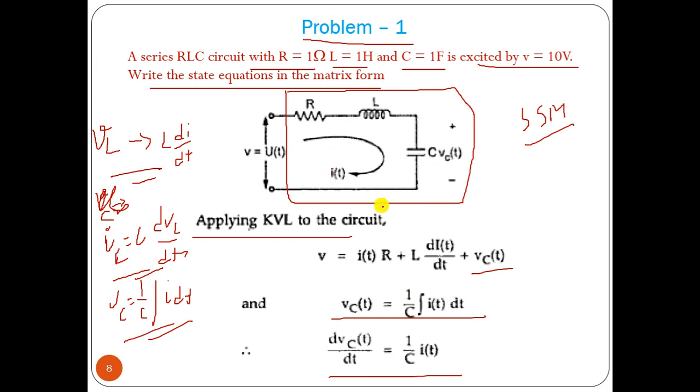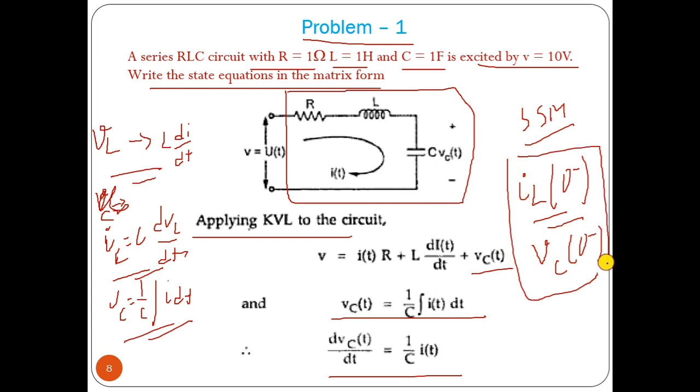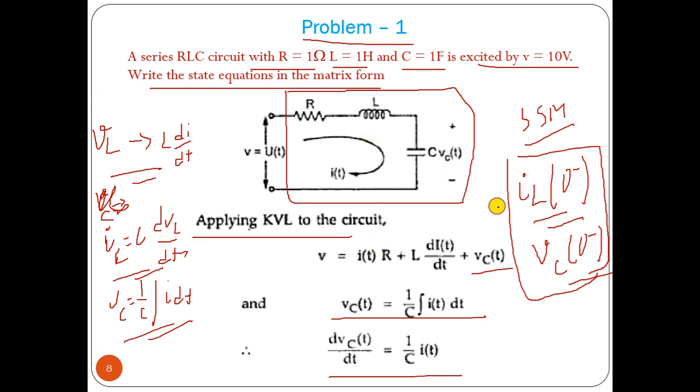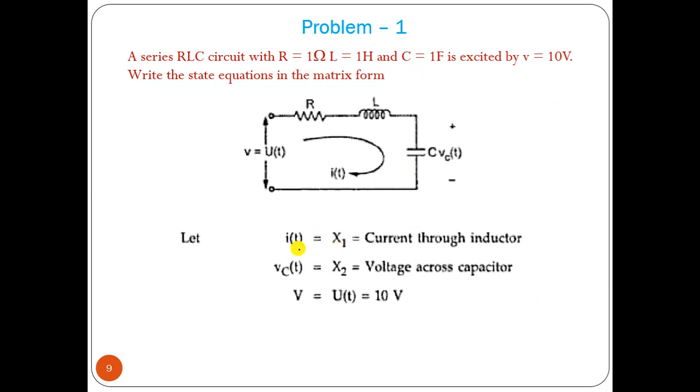Now in this particular circuit, we have the inductor current IL, which can have an initial condition value IL(0-), and VC, the voltage of the capacitor, can have some initial value. So this circuit can be a linear one, or can be non-linear. If the initial conditions are equal to 0, then linear. If we have initial values, then it becomes non-linear. So we can find out its state space model and analyze that. In that case we have two parameters, IL and VC, that can have initial conditions. So those two values we have to consider as state space variables.